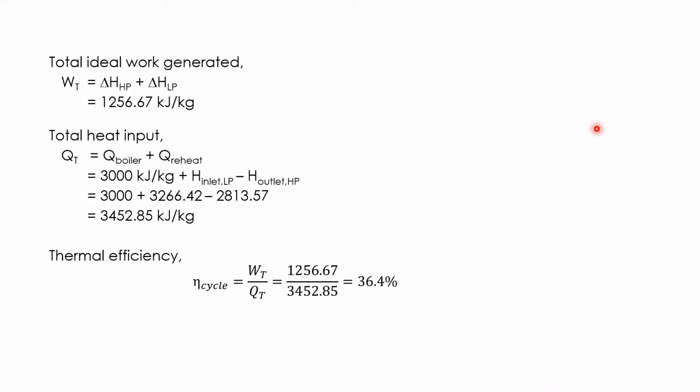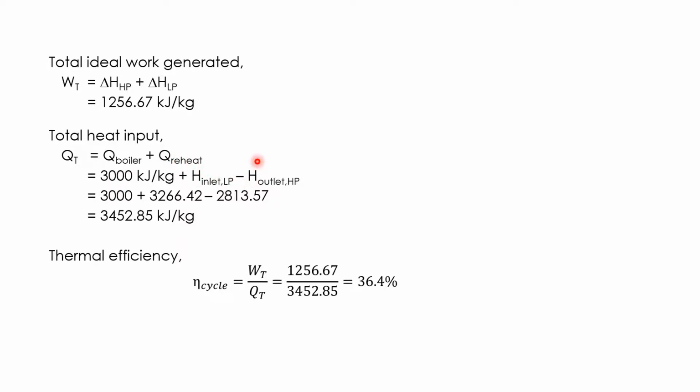From the data from the chart, we can then calculate the total work generated by the turbine, which is delta H of the high pressure turbine and delta H of the low pressure turbine. Okay, if you key in all of the data right, you get this value. And the total heat input is the heat input of the boiler and the heat input of the heater in